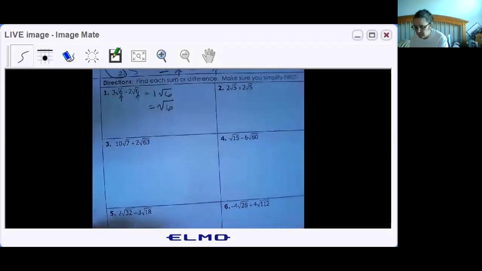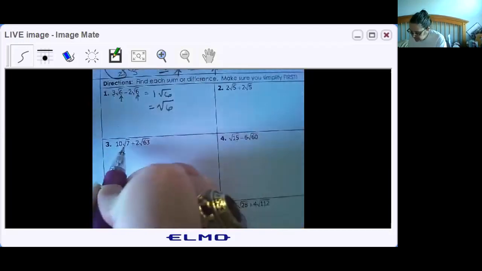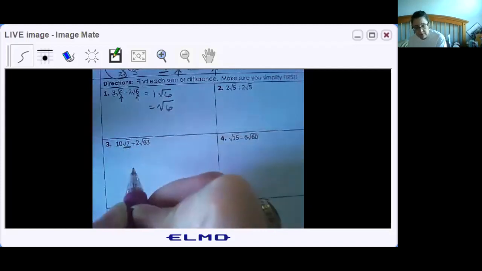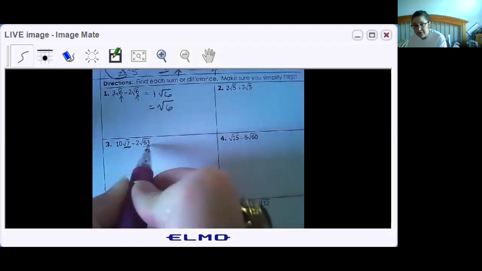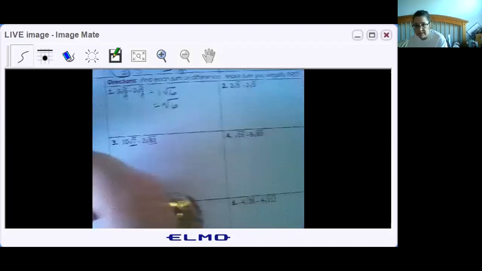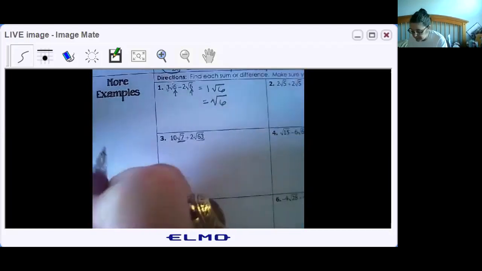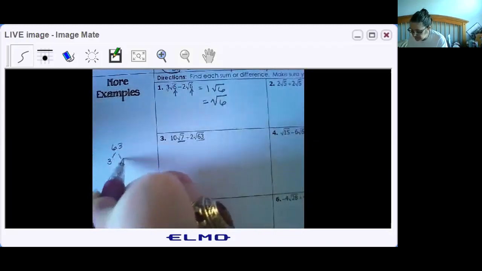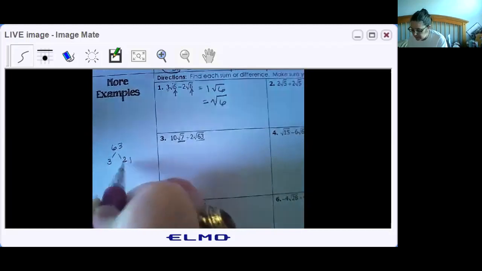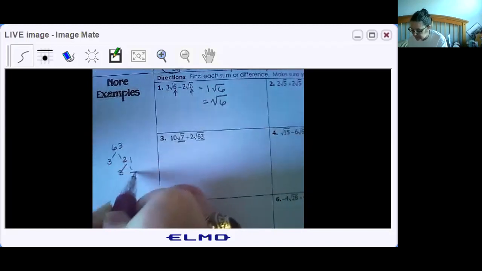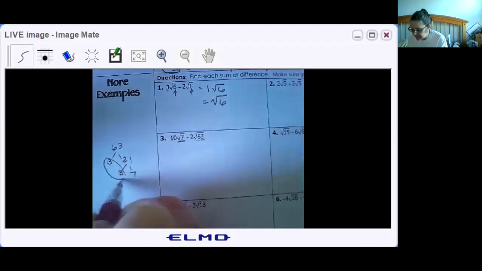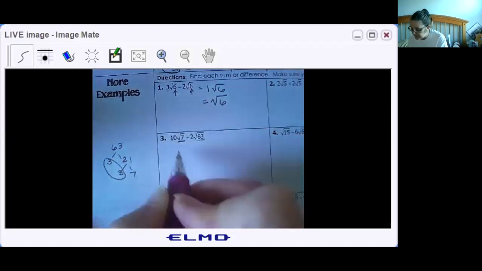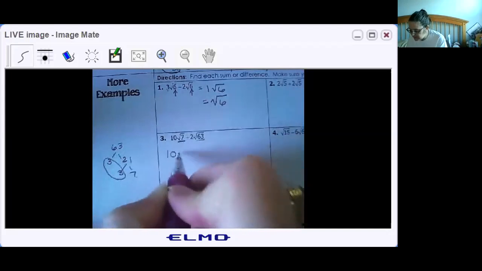Now if I go down to number 3, the first thing I'm going to do is check my radicals, and right here I have the square root of 63. Well, that's not in simplest radical form. So I'm going to go over here to the side. I'm going to do the square root of 63. 63 is 3 times 21, and 21 is 3 times 7. If I look at that, I've got 2 threes, so I can take one 3 out and 1 seven that gets left behind. So when I rewrite this, it's 10 times the square root of 7